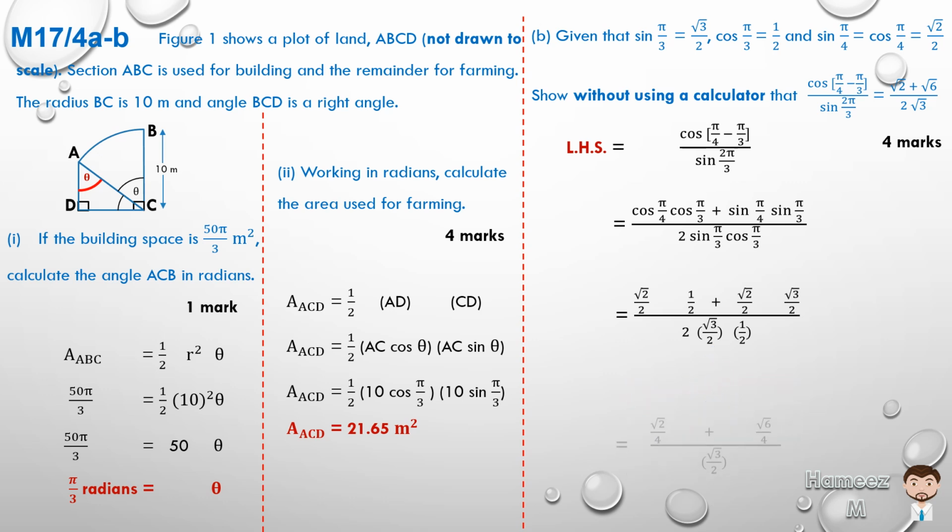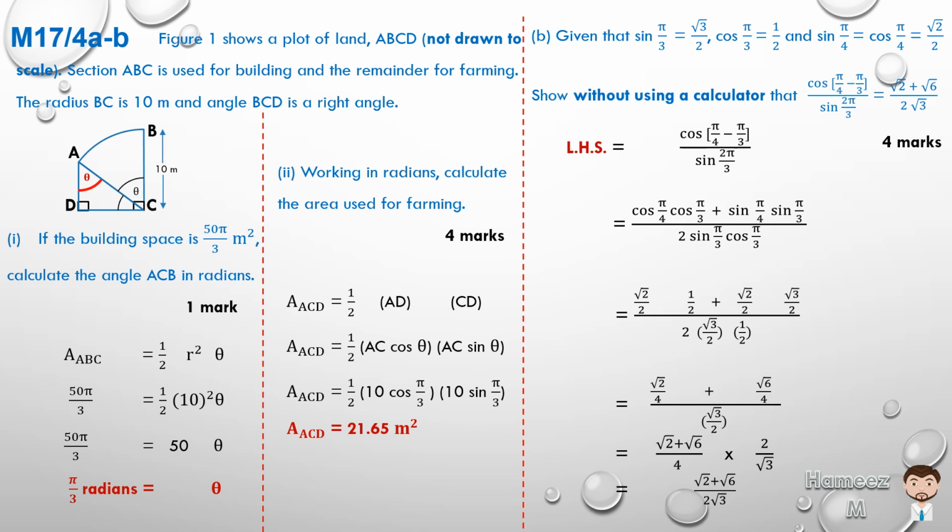And if we simplify, it's going to give us root 2 on 4 plus root 6 on 4 divided by root 3 on 2. So we can simplify and find the reciprocal of the denominator. So that gives us root 2 plus root 6 all over 4 times 2 over root 3. And 2 can cancel, so we're going to be left with root 2 plus root 6 all over 2 root